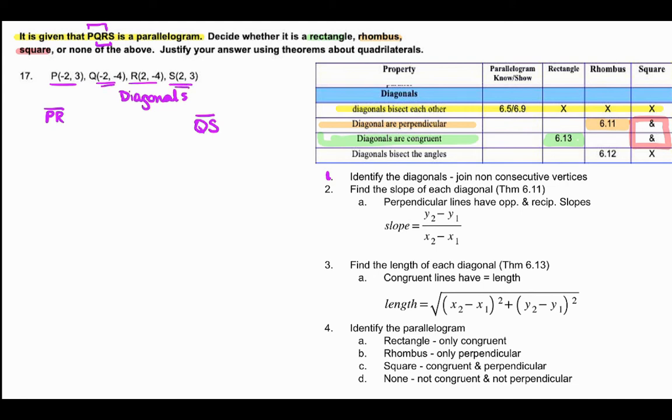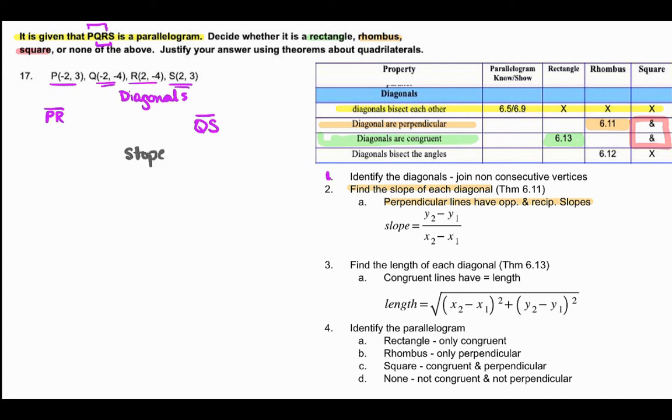In our next phase of the process, we're going to do the slope of each of our diagonals. Remember that perpendicular lines have slopes that are opposite reciprocals. We learned this in chapter 3. So if we calculate the slopes and they are opposite reciprocals, then we have perpendicular. If they're not opposite reciprocals, then it's not perpendicular. So we're going to calculate the slopes